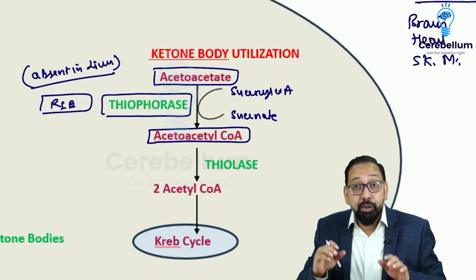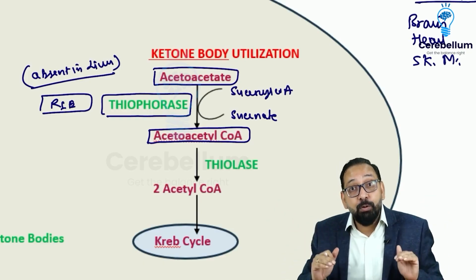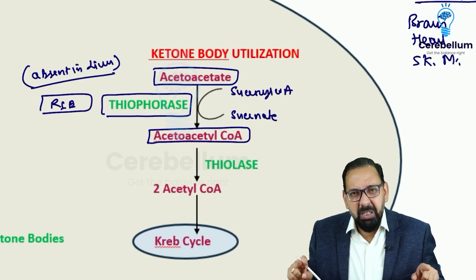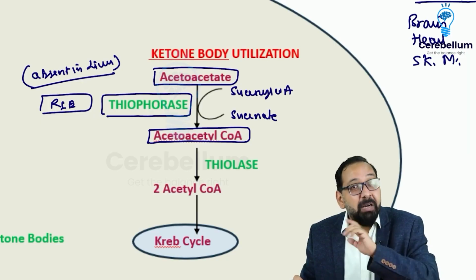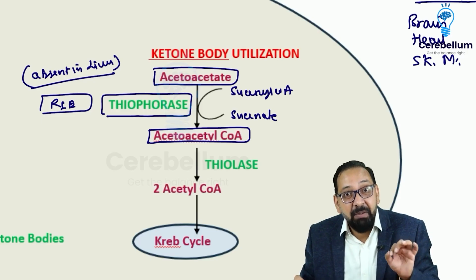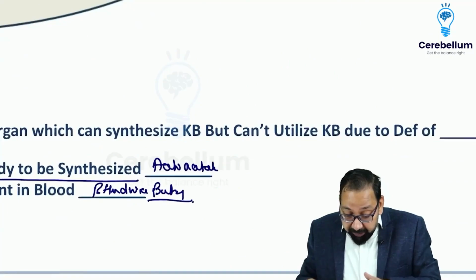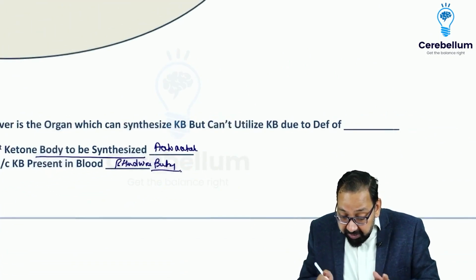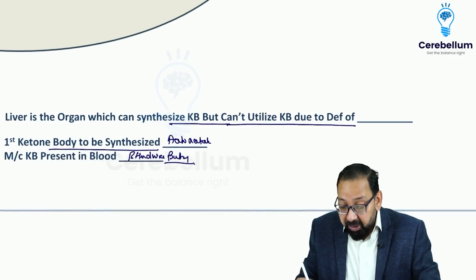Yes, the liver is like a yogi, a mahatma. Liver synthesizes ketone body but doesn't utilize ketone body. The question asked: liver is the organ which can synthesize ketone body but can't utilize ketone body due to deficiency of